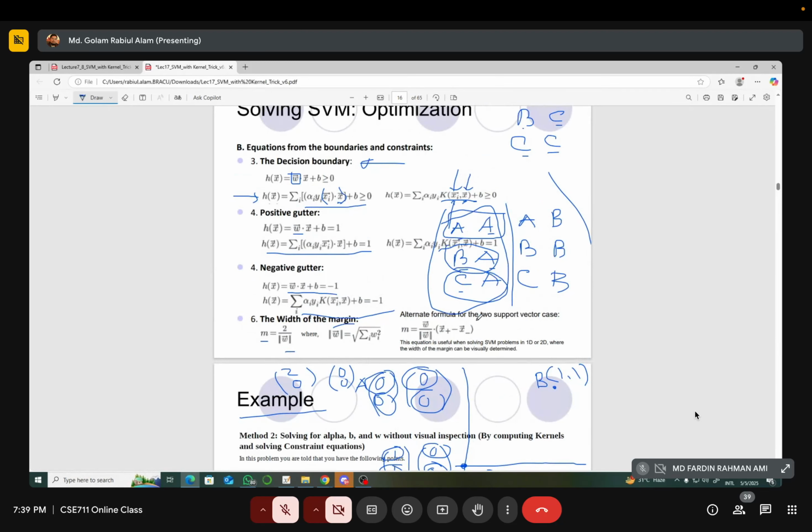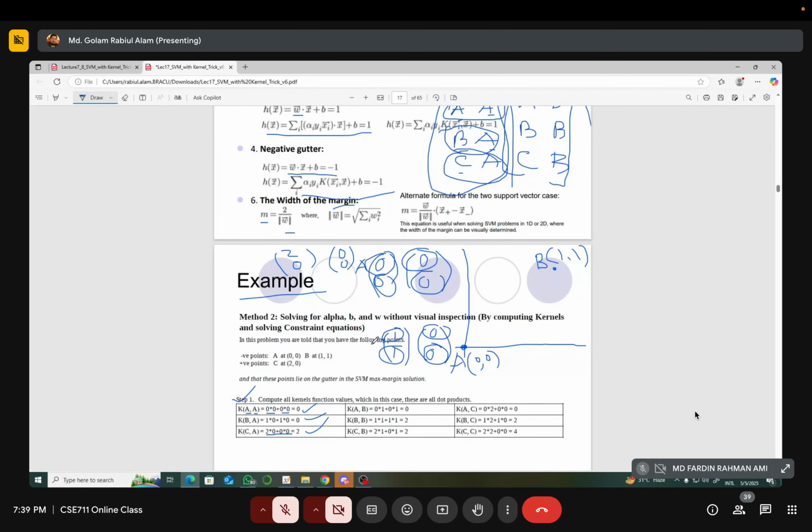Similarly, we have to find out this time, that is A, B. A is 0, 0, and B is 1 and 1. So again, if we just multiply, 0 times 0 plus 0 times